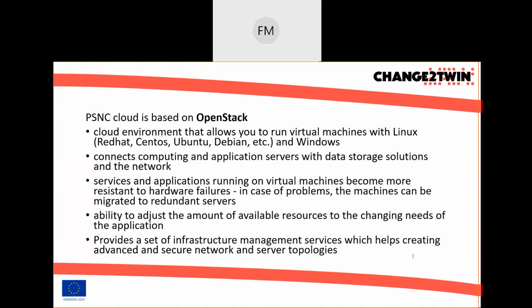Yes, this system allows you to run virtual machines with Linux systems or Windows. It depends on you. The cloud system connects computing and application servers with data storage solutions and the network infrastructure. Services and applications running on virtual machines become more resistant to hardware failures. So in case of any problems, the machines can be migrated to some redundant servers. And this way, your system can be more